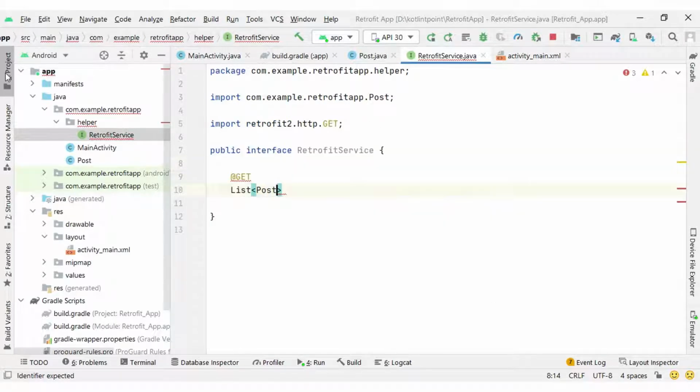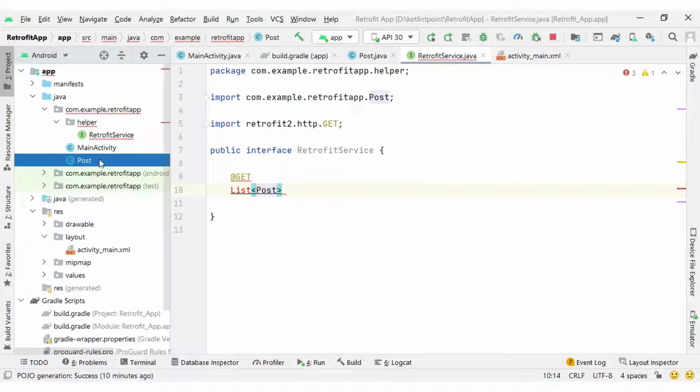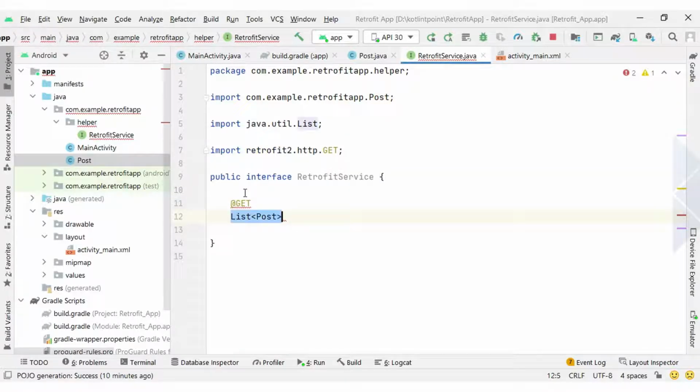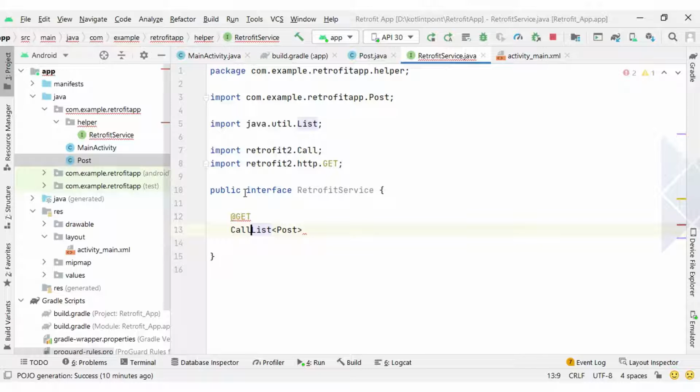Okay, Post is a class that you can see we have created here. This API is going to return Post type of data, and it is going to return an array. That's why we set List as the return type, and whatever data is going to be returned we need to wrap with the Call interface, which is available with Retrofit. Okay, so guys, these are the rules, we can say. Whatever value is returned we need to wrap with the Call interface, and inside this GET method you can set the endpoint.